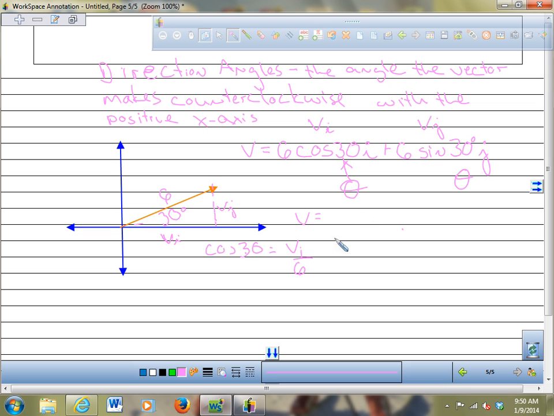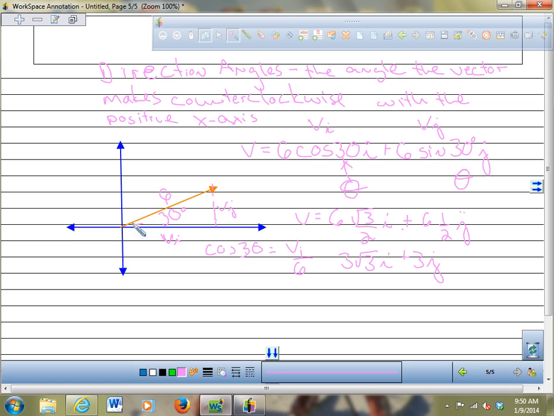Now 1/2 is the other one. So it's 6 times root of 3 over 2 in the i direction, plus 6 times the sine of 30 degrees, which is 1/2, in the j direction. So that simplifies to 3 root of 3 i plus